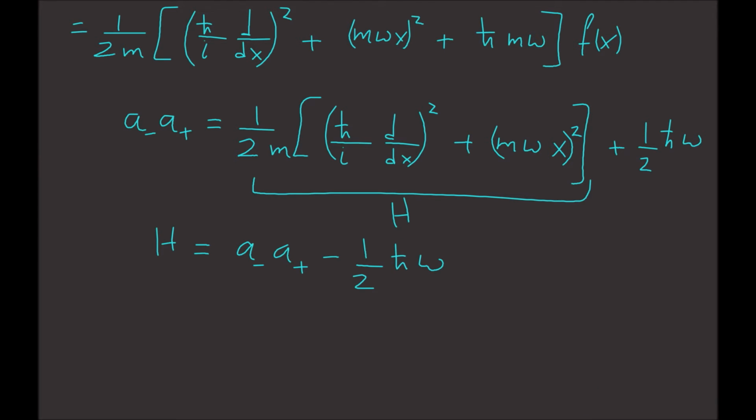With this being said, we can rewrite equation number 1 or 2 in terms of A plus and A minus. And in this case, we get A minus, A plus,